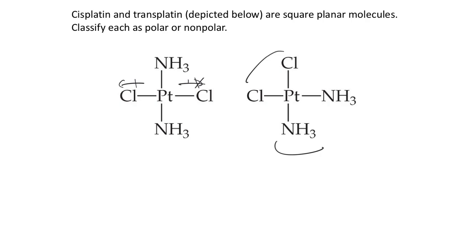And the reason why I wanted to have this slide here is not so much that I think they're going to get really tricky with polarity questions, but sometimes we show you a structure and you have to interpret: is the geometry really truly square planar? Like if I were to write F4 this way, is it really 90-degree bond angles? The answer is no. This molecule here is really tetrahedral. So we might sketch it flat just because it's convenient, but really have to picture that it looks more like a tetrahedral molecule. If we change two of these to hydrogens instead of fluorines,